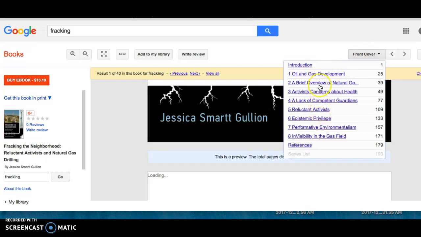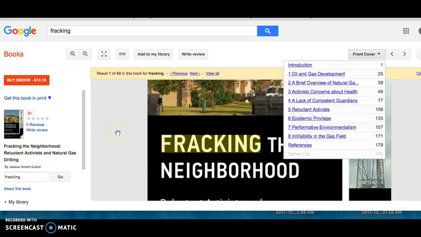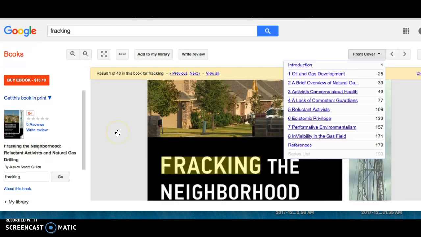And so again, I could jump around and I may be able to take some notes from what I see here in the preview, but I probably would also want to order this book either from our library or from our interlibrary loan, and so I would know a little bit more about it. So keep Google Books in mind as you are doing your research for your project.